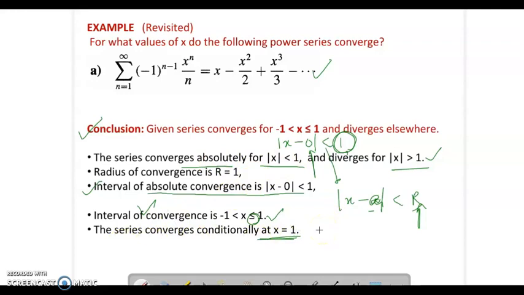Okay, so the same problem, but it depends how the question is asked. If you are asked to test the series and conclude what the interval of absolute convergence is, then you must write it this way. Or if you are asked for the values of x for which the series converges conditionally, then you have to go this way. So you can just revisit all the examples and then conclude accordingly.